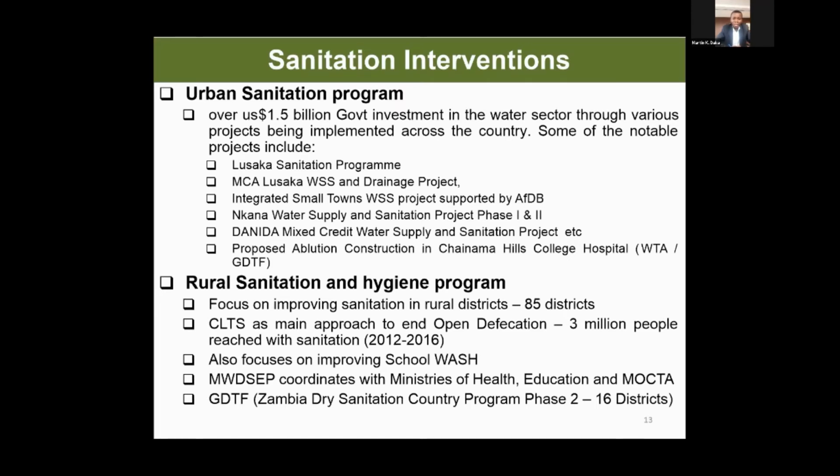This Millennium Challenge has been financed by the U.S. government fund. Integrated small town water and sanitation support project supported by the African Development Bank. The Nkana Water Supply and Sanitation Project Phase 1 and 2, the Danida Mixed Credit Water Supply and Sanitation Project, etc. And also, we have a pending project proposed, ablution construction in the Chainama Hills College Hospital, which is a proposal that was submitted to the WTA in collaboration with the Global Dry Toilet Association of Finland, and we